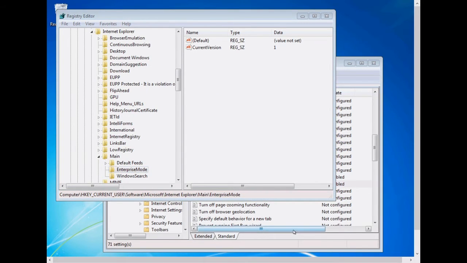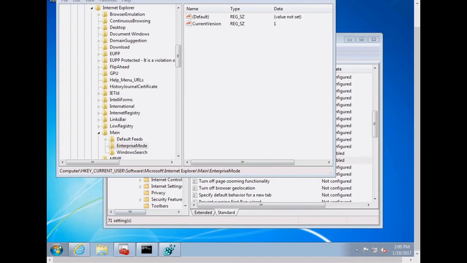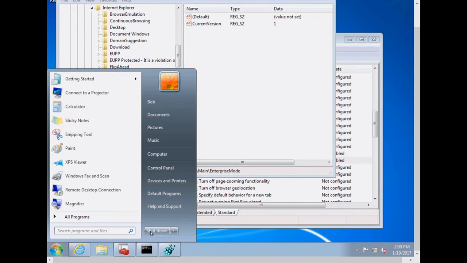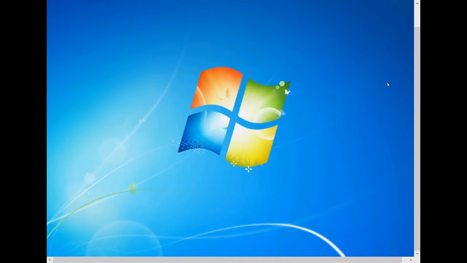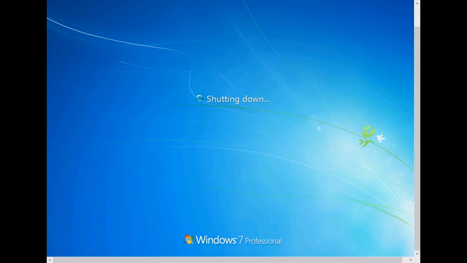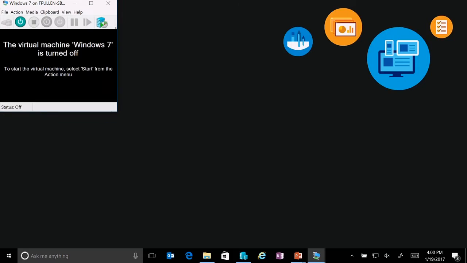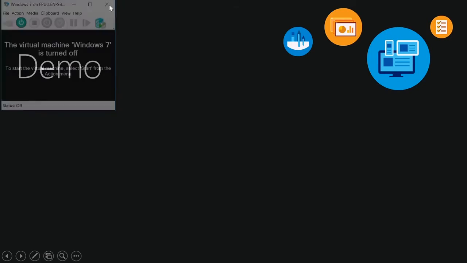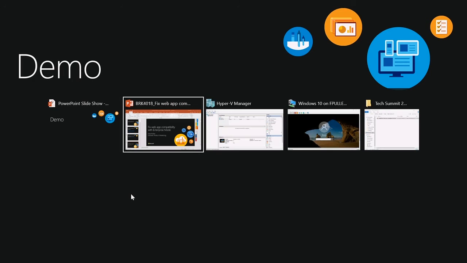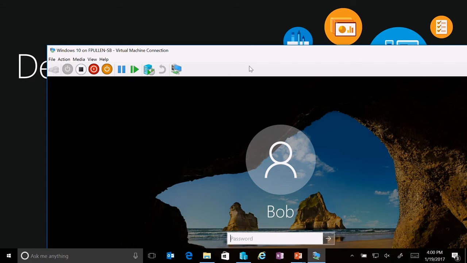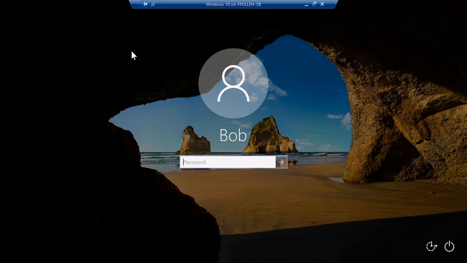All right, we're going to cheat here. I'm going to just shut down my Windows 7 VM. All right, so I'm going to switch over to my Windows 10 VM. There's a way of doing this, and there we go. Okay, so now I am going to pull up my Windows 10 VM and go full screen. And let's, just to satisfy, Control-Alt-Break. If this happens to you, Control-Alt-Break apparently is what I needed to hit.